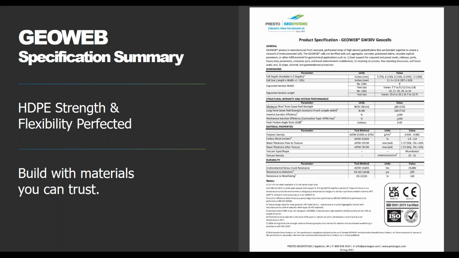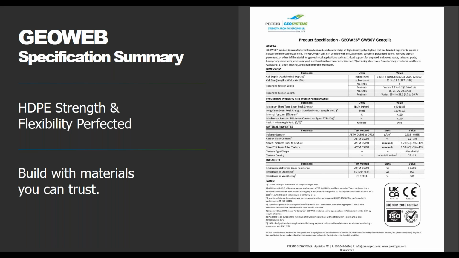Therefore, an incremental improvement in a single characteristic, such as the cell wall strength, is only valuable if that same improvement is made to all of the other components of the system. And the GeoWeb system is, as I said, manufactured with that high quality HDPE, where it's not focusing on a single property, it's focusing on being uniform across all of its properties. We've been doing this for over 40 years, and it has really stood the test of time. We are a leader in this industry. We haven't seen failures of our system because of poor material quality.